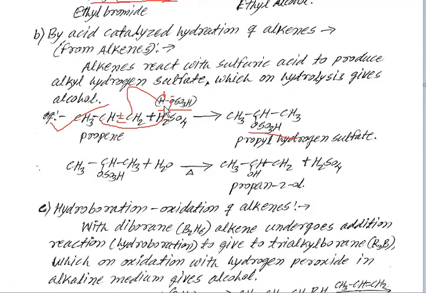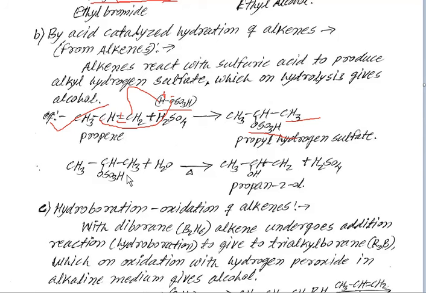When that carbon atom attaches one more hydrogen atom, we get CH3. Here it is CH2, but we get CH3 by attachment of one hydrogen atom, and the double bond is broken down, so only a single bond, that is a sigma bond, remains, and the OSO3H, that is the sulfate group, is attached. So the name of that compound is propyl hydrogen sulfate.